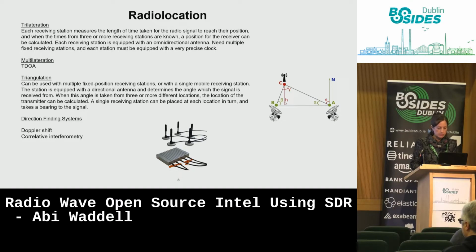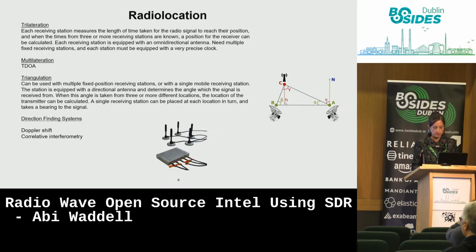Each receiving station has an omnidirectional antenna and a very precise clock in order to have any accuracy. A variant on this is time difference of arrival, where you can locate a signal source from the different arrival times at the receivers. Triangulation can be used with multiple fixed position receiving stations, or it can be used with